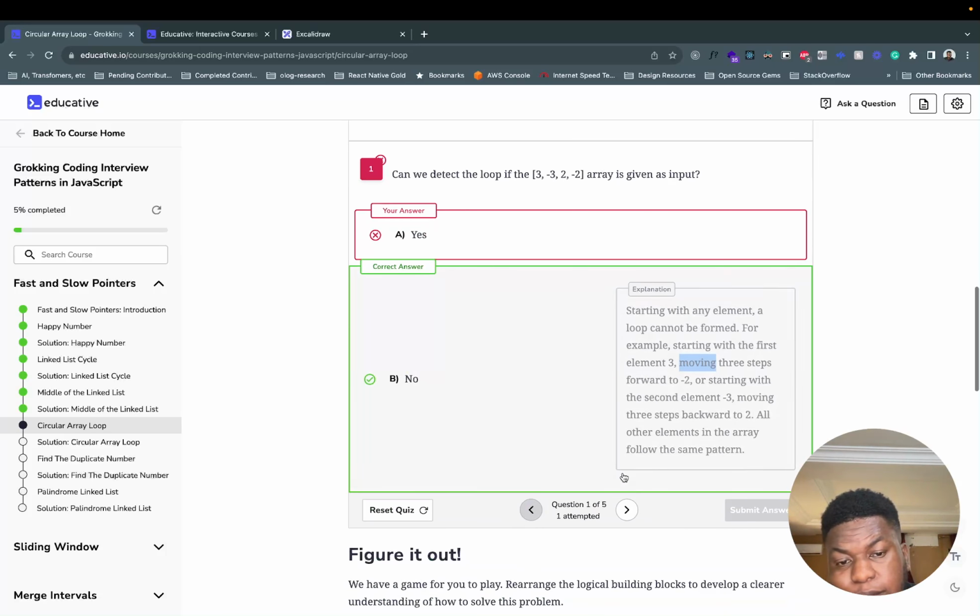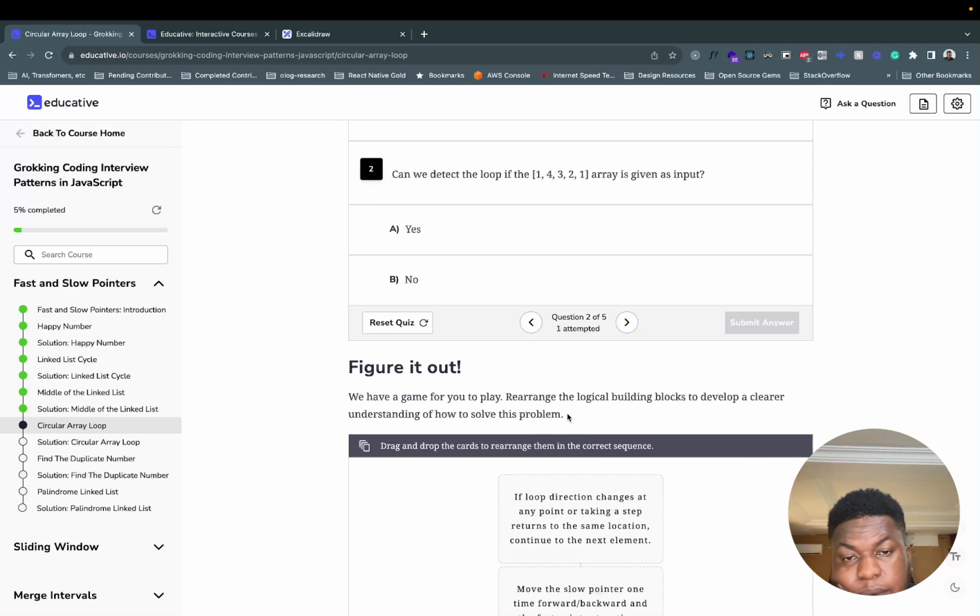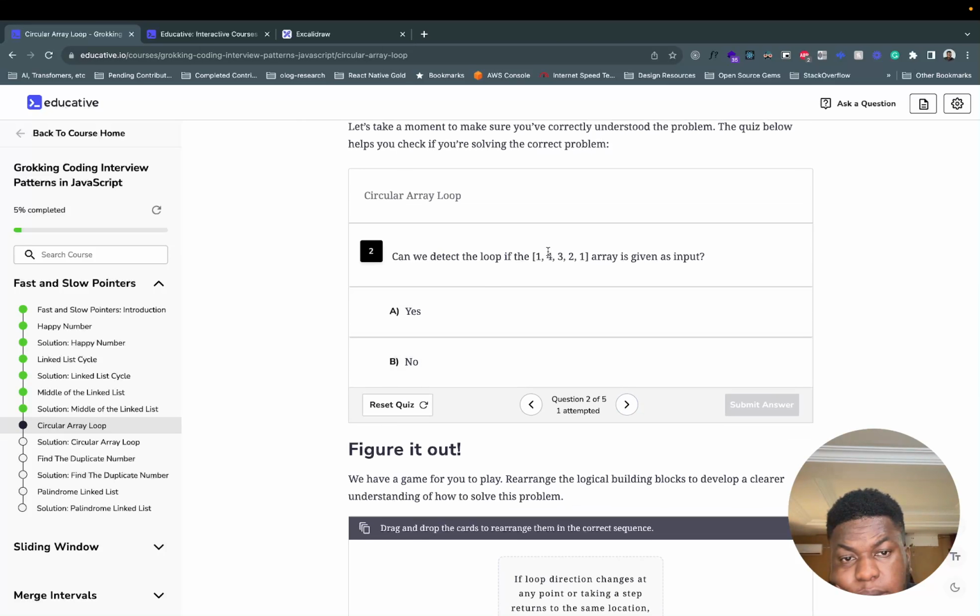I have not properly understood this problem. If 1 to the right is going to, so 1, 4, 1, 2, 3, 4. 1, 4. In my mind, that's a loop already, but